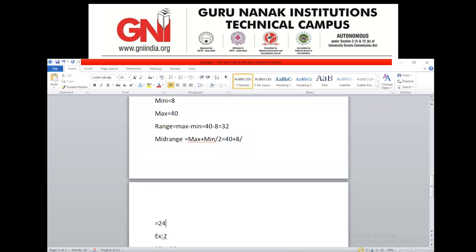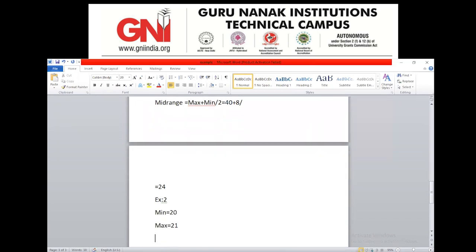The range will decide the spread over the total data values. If the range value is high, then there is a lot of difference in the values in the data, so that is the best data for the analysis. If the range is less, don't take the data for the analysis. Okay, I think all of you understood this one. Next, what is the